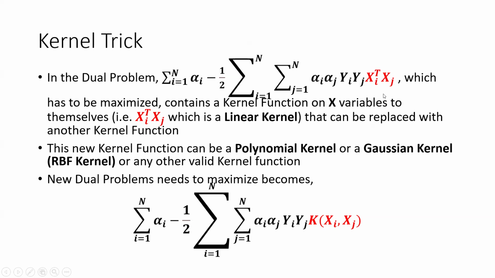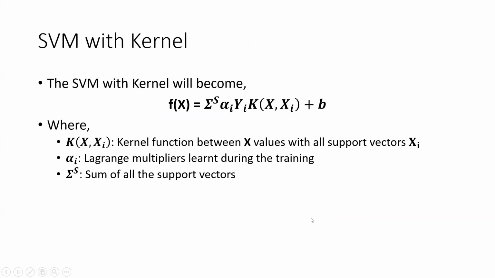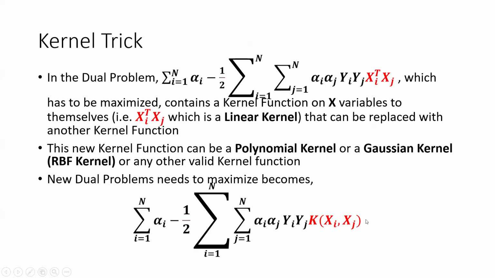So what we are going to do is replace this linear kernel with a higher order kernel, something like the polynomial kernel or the Gaussian or RBF kernel, right? This linear kernel can be replaced by this kernel function, whatever kernel function that you want. It can be a polynomial kernel, a Gaussian kernel, or whatever, so that you